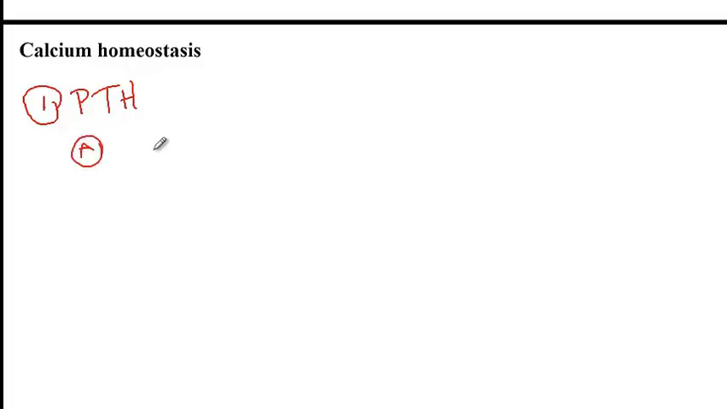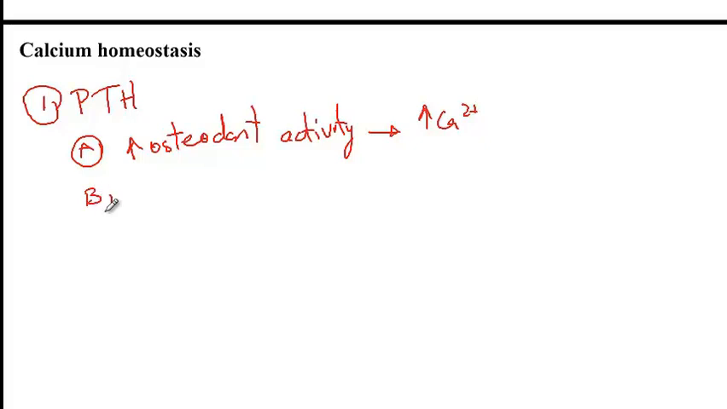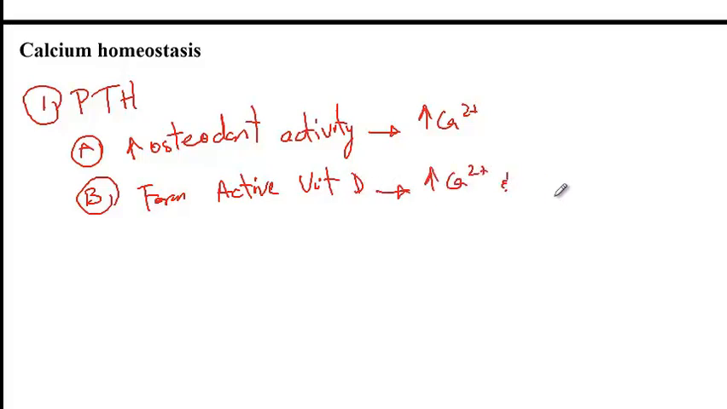A, it will increase osteoclast activity, as a consequence of which bone will be resorbed, and so therefore there would be more calcium that will be released into the blood. The second mechanism is by helping to form active vitamin D in the kidneys that increases calcium and phosphate